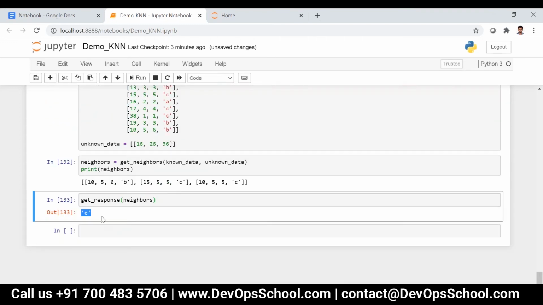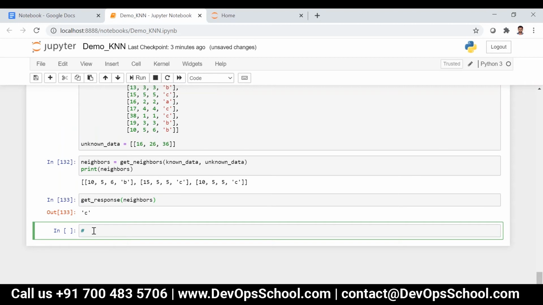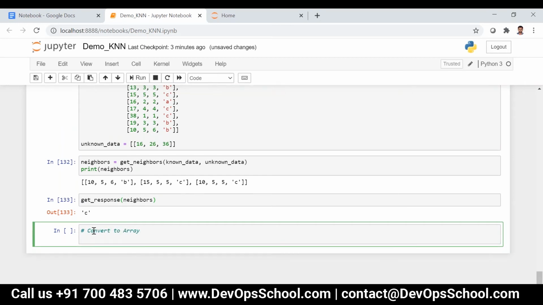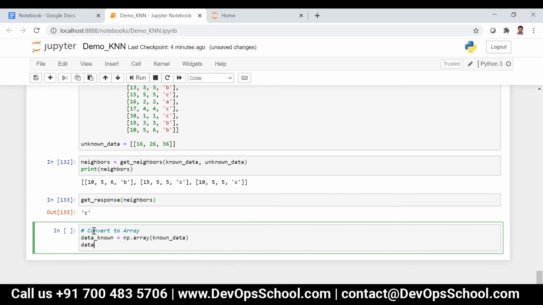Now let's use the sklearn library. For that we first have to convert to array. Let's convert the data points to array. I can say data_known is equal to np.array of known_data, and similarly data_unknown is equal to np.array of unknown_data.